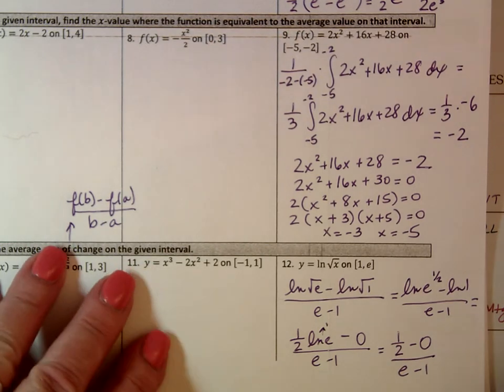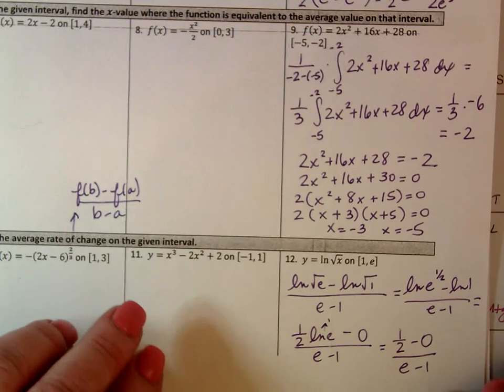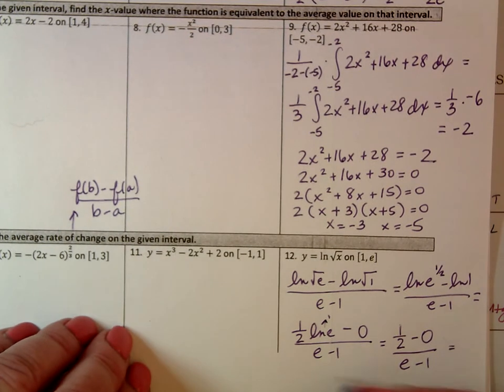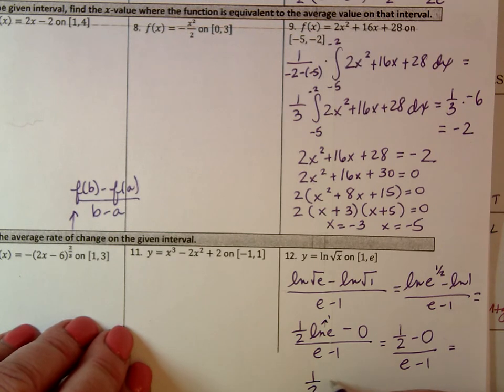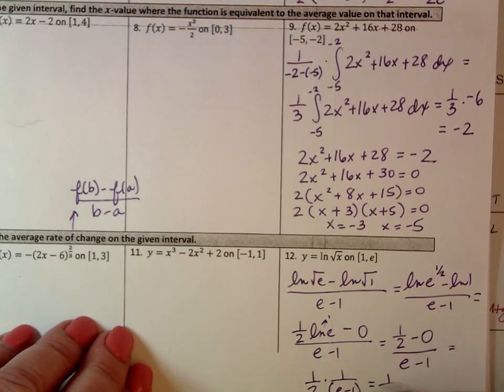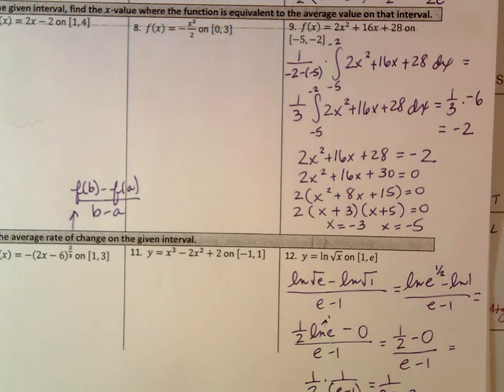Crazy fraction work here, but that actually means that you've got 1/2 and you've got the e minus 1 in the denominator. So 1 over e minus 1 gives you ultimately 1 over 2e minus 2, and that is your answer for number 12. And so from this, what I want you to do is complete numbers 1 through 11,